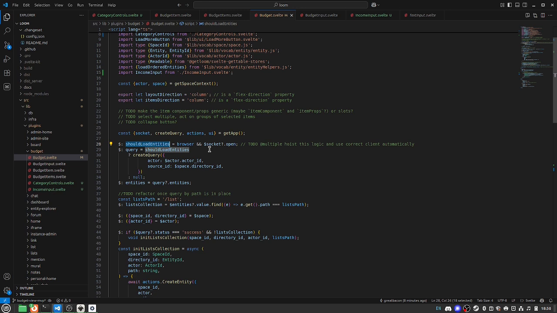Once we're on the browser and our socket connection is open, we can query the server and pull in some entities. If that's the case, then we create a query, tell it our actor and our source ID. This is a space directory ID. So the actor ID is used for our permission system. So you need to know who's asking to load data for a system. If they don't have permission, they shouldn't get anything. Likewise, the source ID indicates,